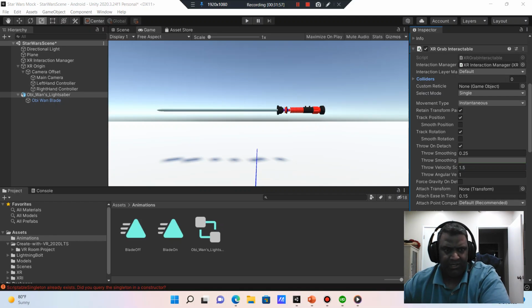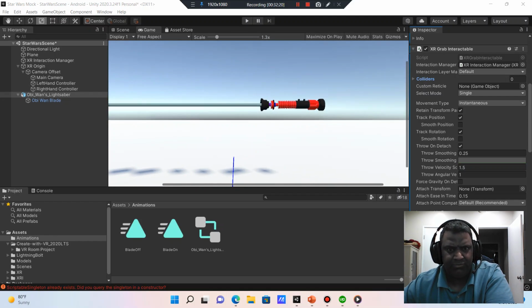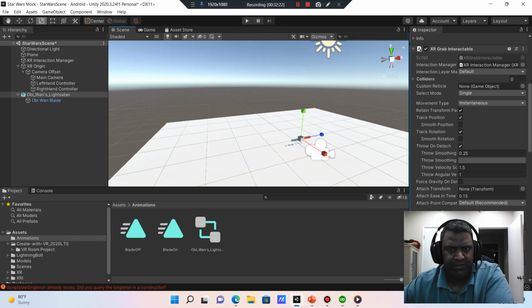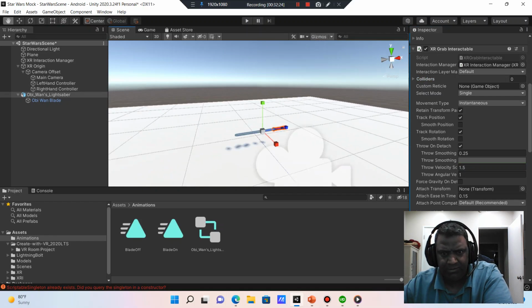So that means you'll be touching the hand to the blade, which does not make sense. So you want to guarantee that the position's always consistent every time you grab the lightsaber. To fix that, we want to create a spot. So if I zoom in here a little bit on the lightsaber,